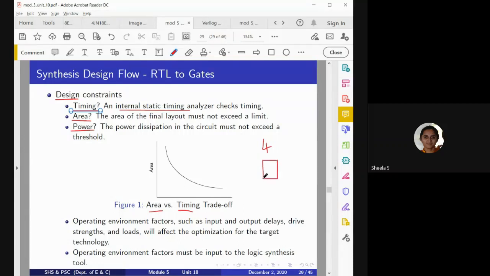How can we perform 4-bit addition? First, I give the 0th bit as input along with the carry in as 0. Then I get the corresponding 0th bit sum output, and then the carry out. So first I give only the 0th bit of A and B and the initial carry in.